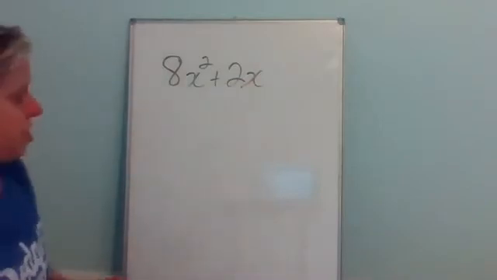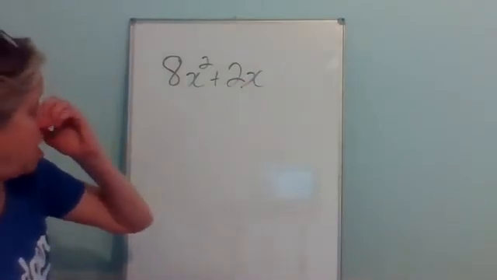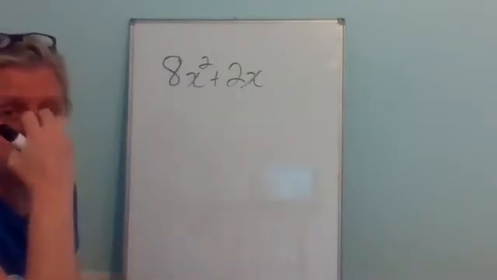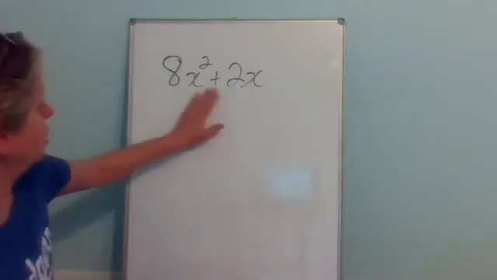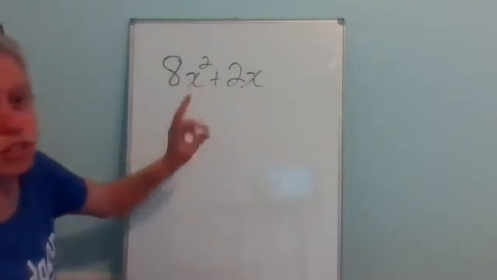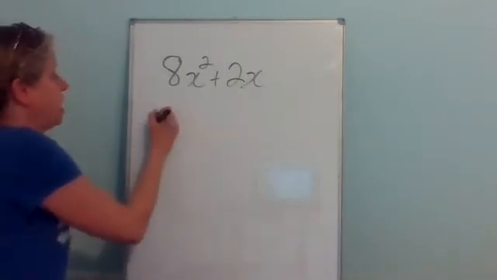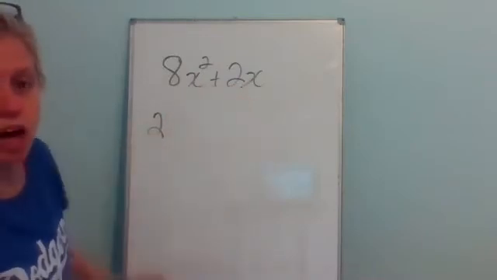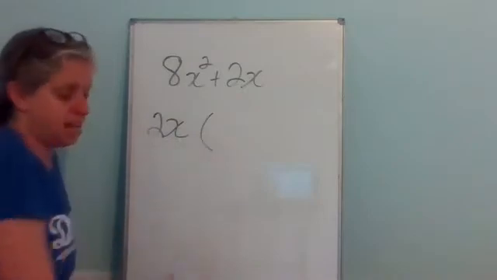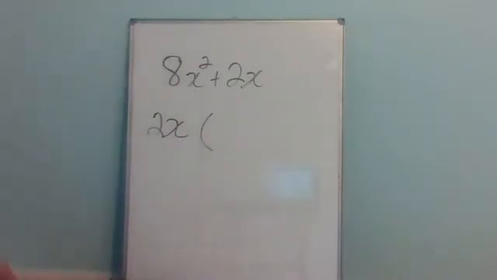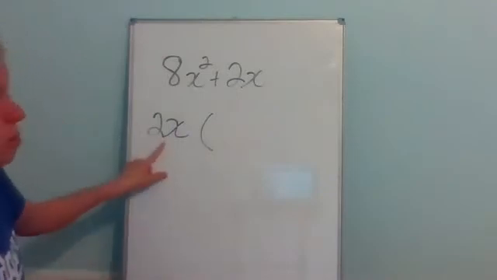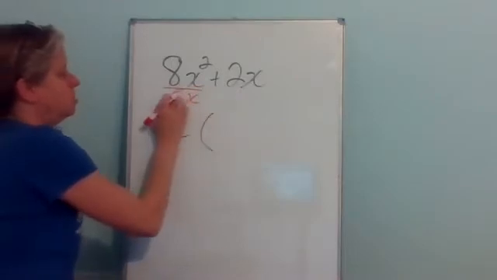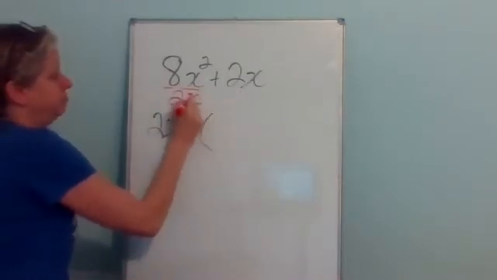So if I'm factoring this, one of the clues that it's the greatest common factor is that there's only two terms. Okay, so we're looking for what is in common. When I look at these two terms, I see they both are divisible by 2, so I can definitely pull out a 2. I also see that they have an x in common, so I'm also going to pull out an x and then put in parentheses what is left. And always to find what is left, whatever you pull out, that's what you divide by. So I'm dividing by 2x